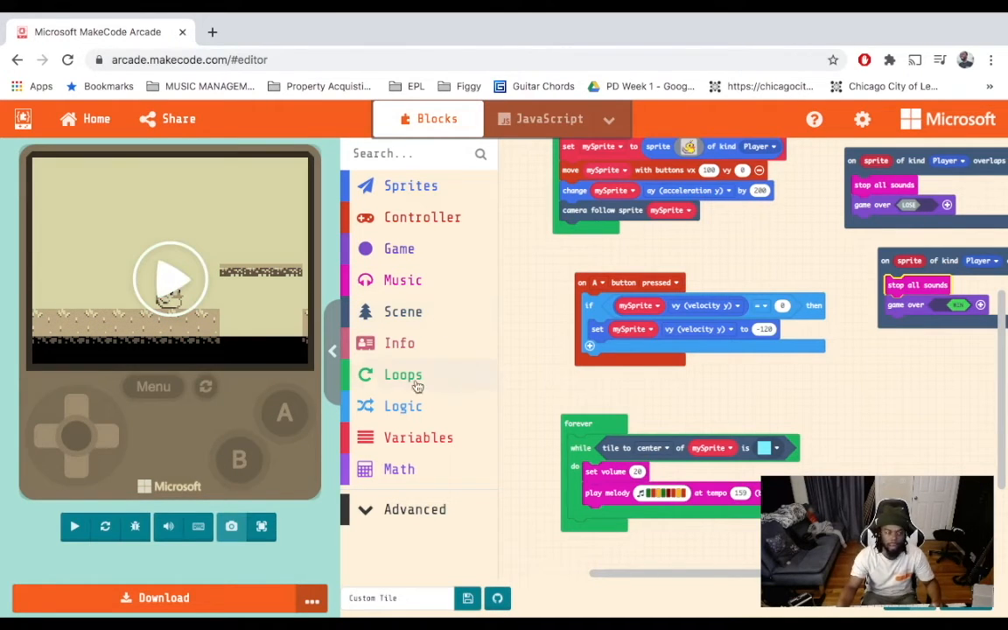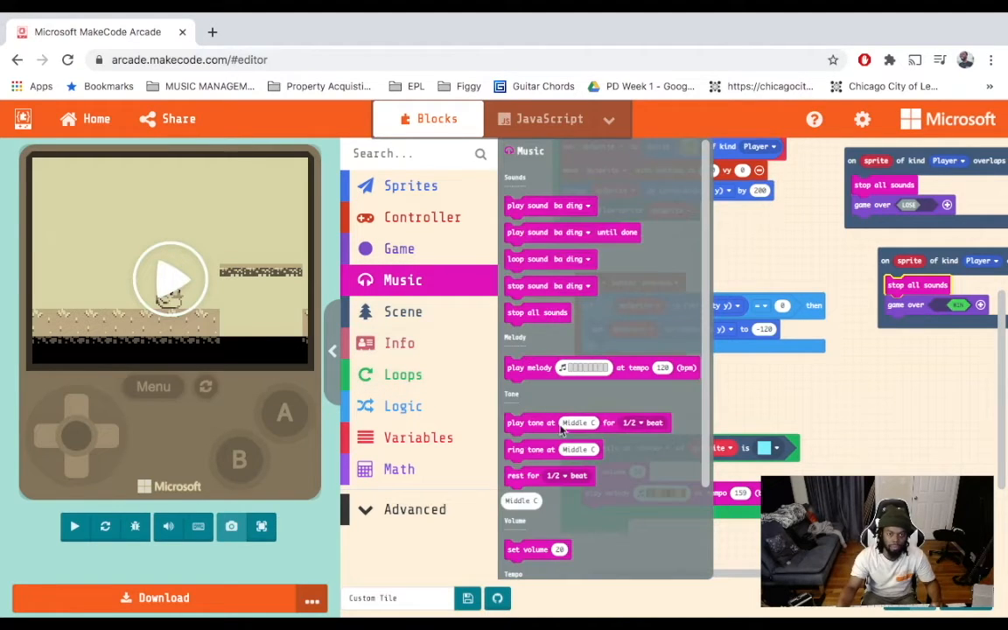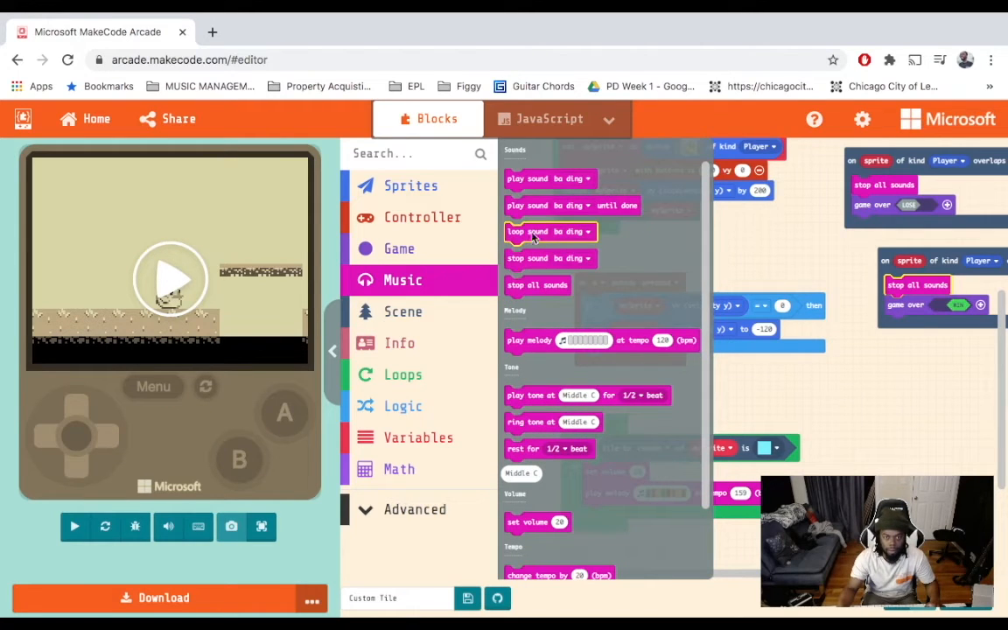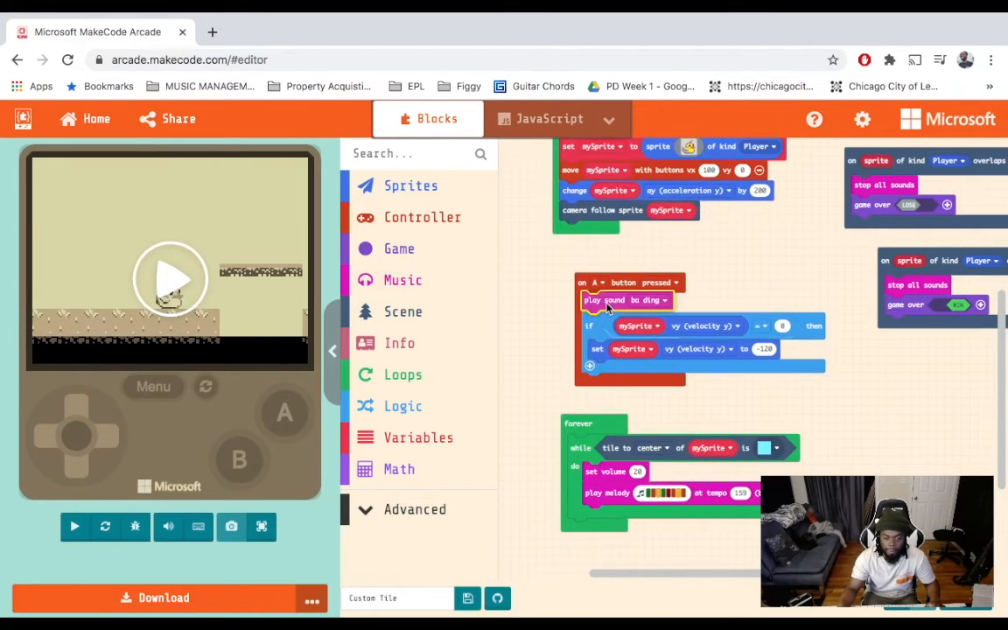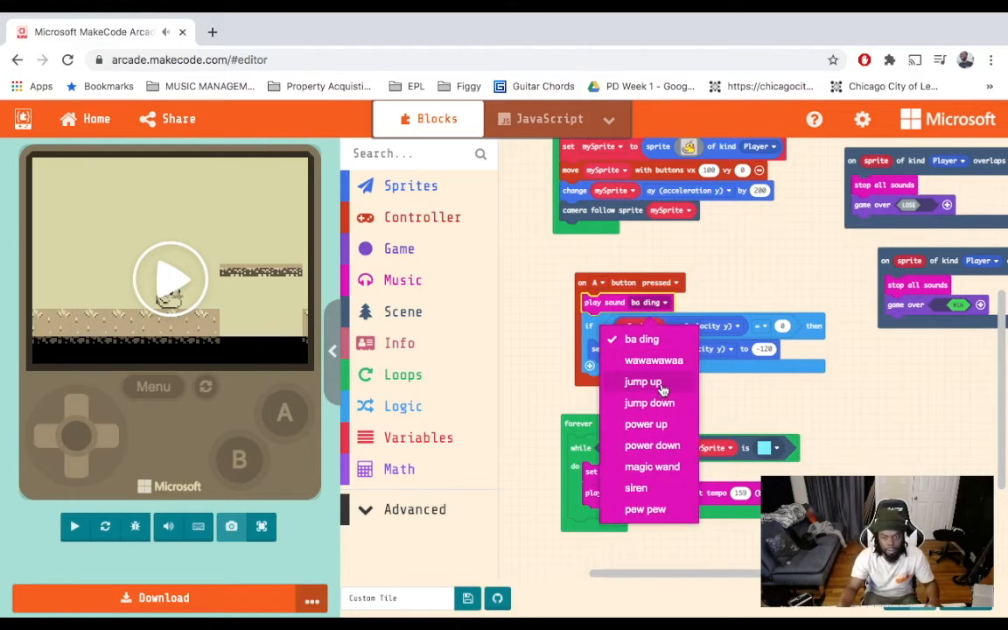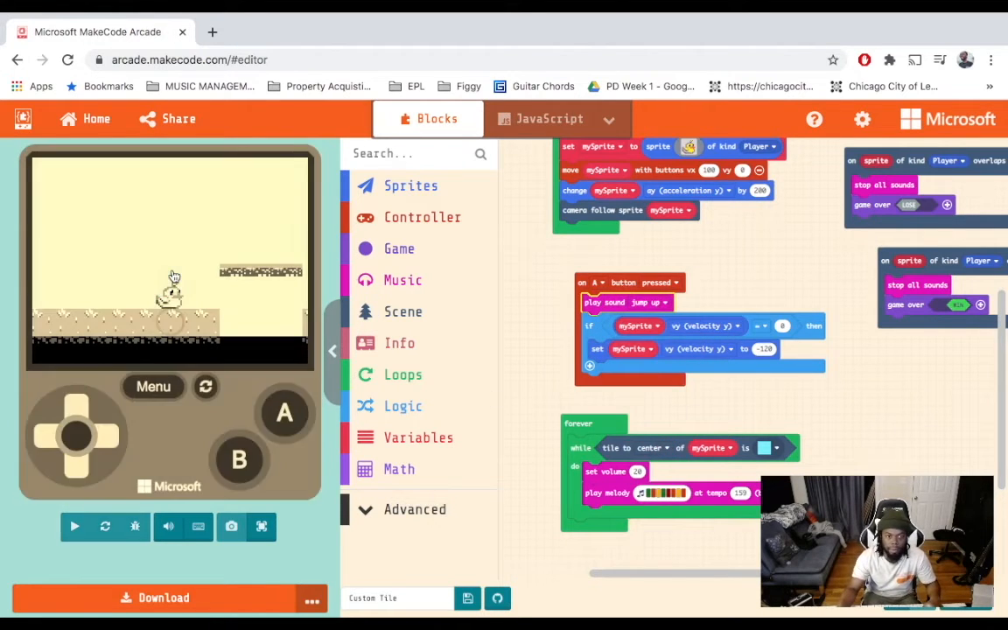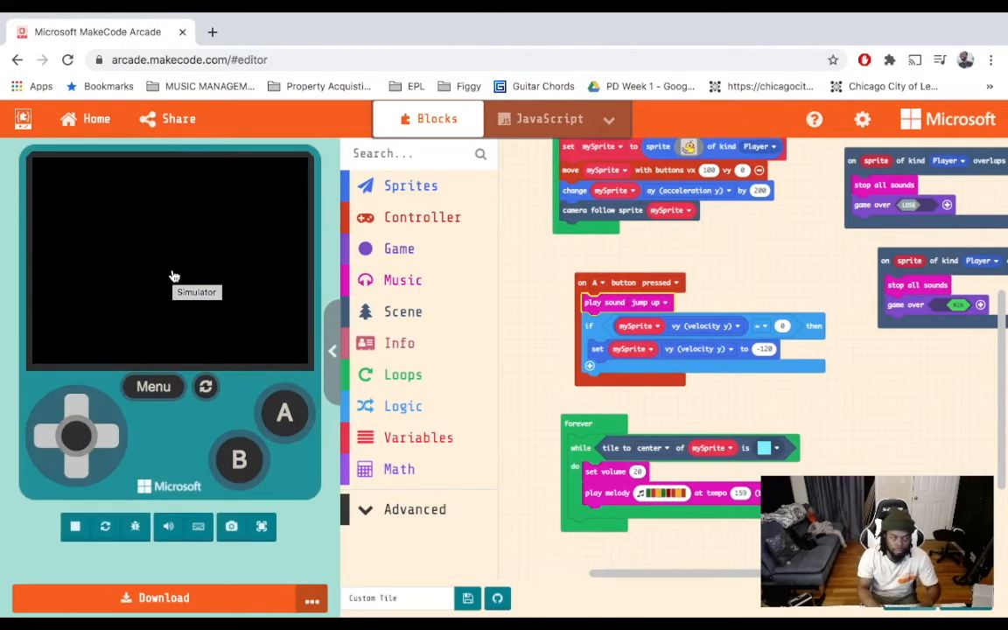And then we will also put a sound effect now, guys, if the A button's pressed. Okay, so now we're going to play not ba-ding, but jump up. Let's say we play jump up at the time that we press the A button. So now, while that's going,